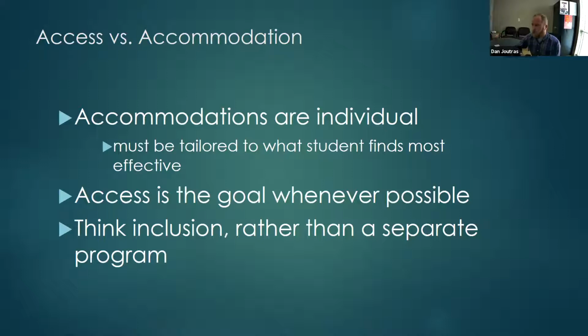So again, accommodations are individual. They must be tailored to what that student finds most effective. Access and accommodations should be provided in the most integrated manner possible. So essentially, they're going to be hand in hand or parallel with each other. Our goal is full participation in all that the university has to offer by people with disabilities. So essentially, we're thinking that accessibility is like a grassroots item versus accommodations being that reactive, top-down